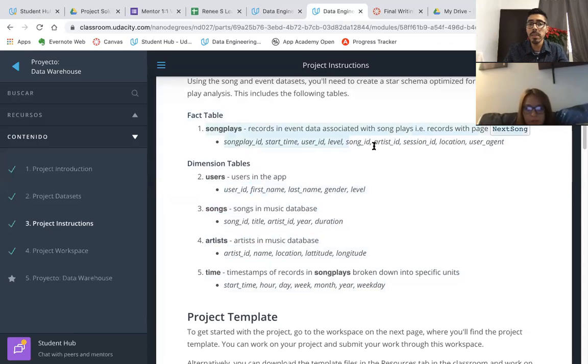So I need a song play table with these columns. So I go into my SQL queries and I write that table with those columns, just like that. Then, for example, I have a users table with these columns. So I go here inside